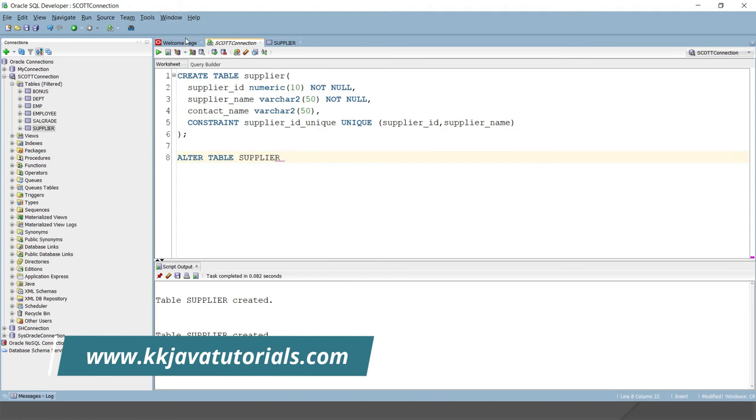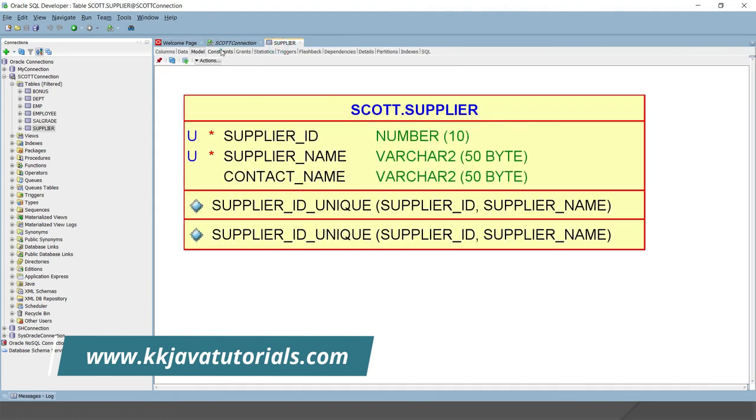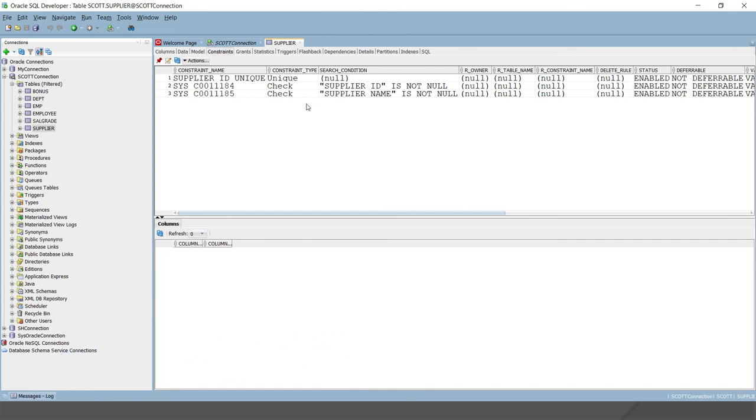If you go to constraints here, we have the unique constraint. If I refresh it, you can see the position is also maintained. We gave two column names while defining the unique constraint, so on position 1 supplier ID, position 2 supplier name, and currently it is enabled.